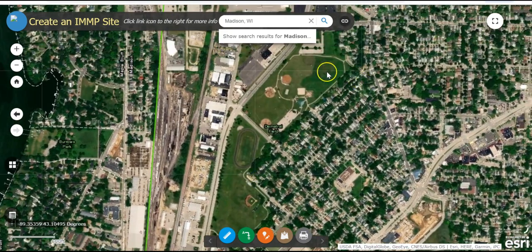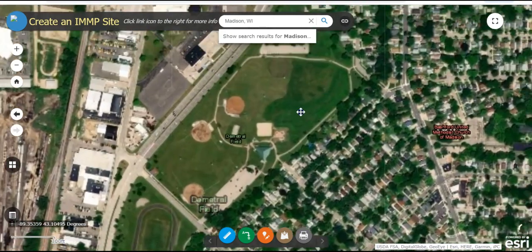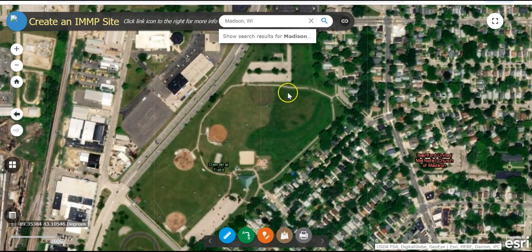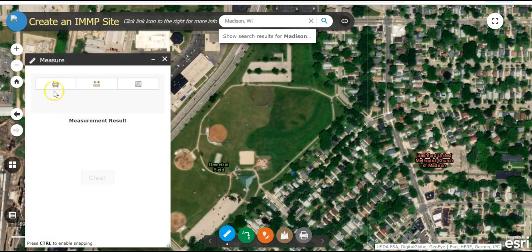We'll zoom into a park. Let's say we know that this dark green area is undergoing a restoration project and we want to monitor it. First, let's see if this site is even large enough to monitor using the IMMP. Use the Measure tool to obtain the area. You can find the Measure tool down here with the ruler. Then click on the Area button